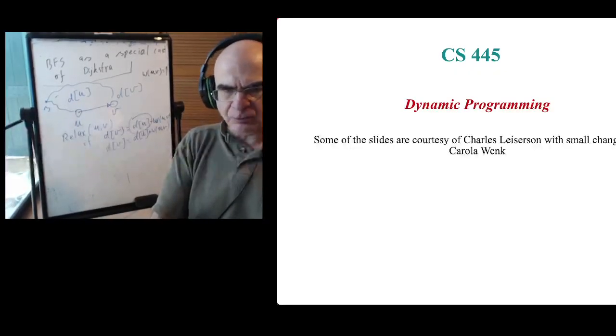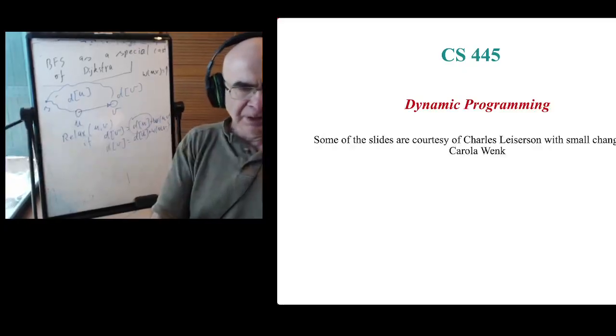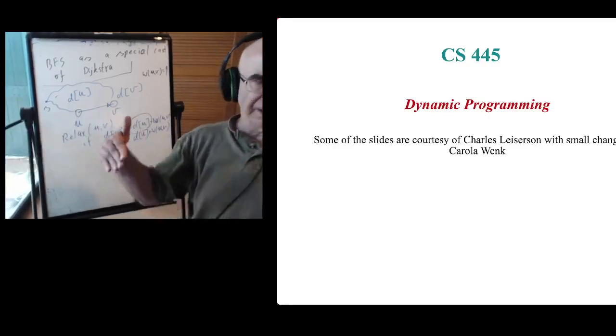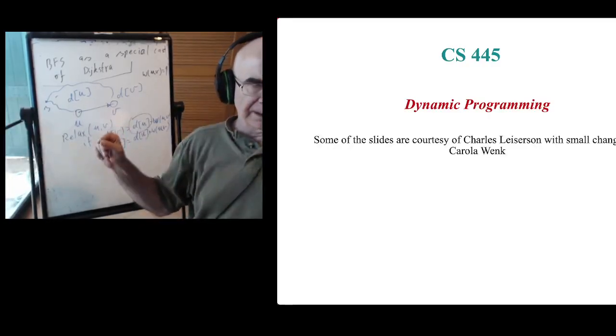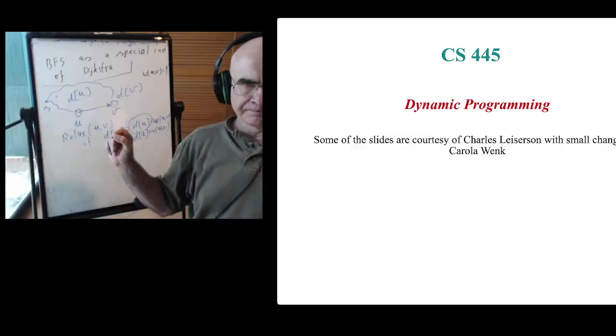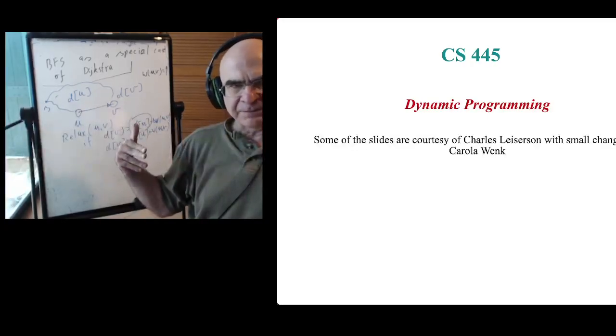Some I'll ask in the homework, some I'll ask in the midterm. Make sure that you understand the proof of correctness of Bellman-Ford. I'll put it in much higher priority than understanding the proof of most other algorithms, because in Bellman-Ford,